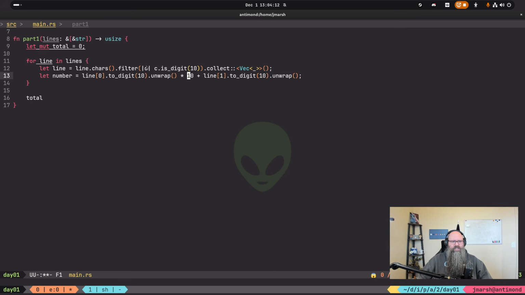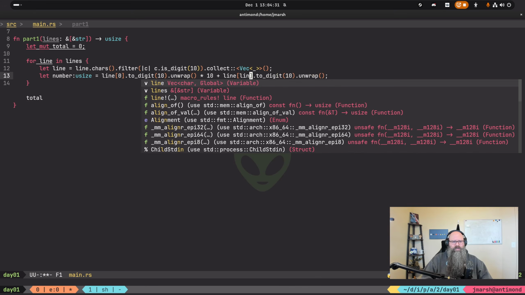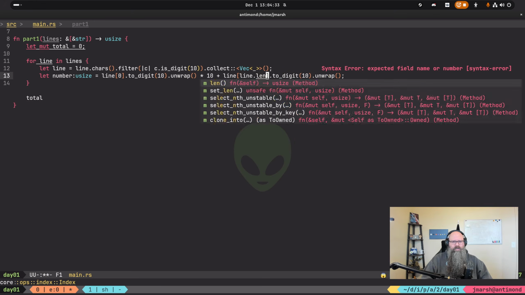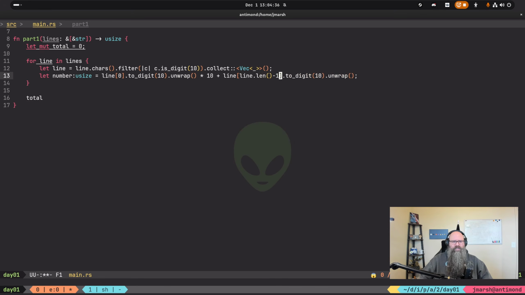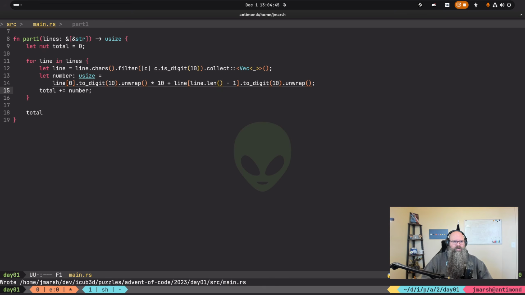So the idea is we're going to take the first digit, convert it, unwrap it. This will have to be a usize. Then we'll take the last one, convert it and unwrap it, and then we'll say total plus equals number.